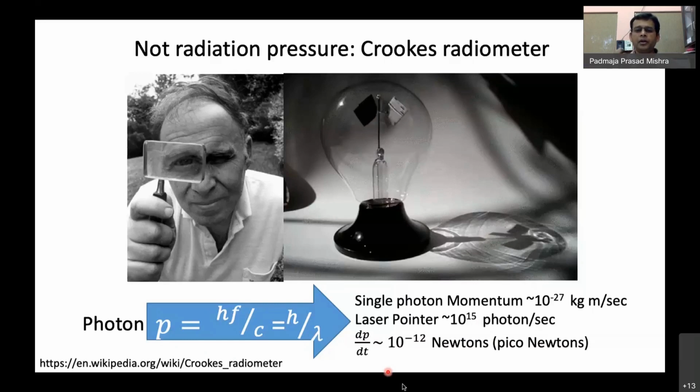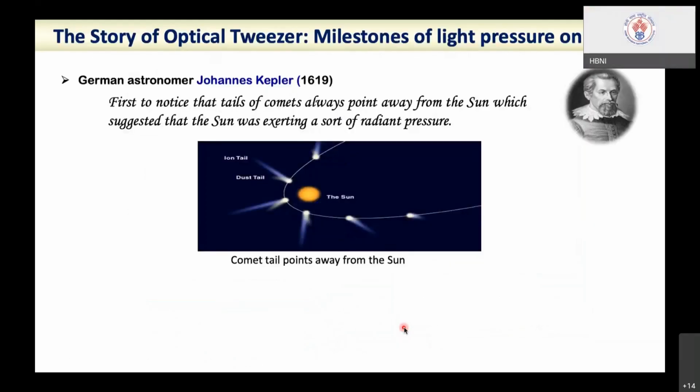But if you are a bacteria or a tiny particle, this radiative energy, this radiative force, is able to trap you. That's what Professor Arthur Ashkin explained. So the very first concept, though Professor Arthur Ashkin reported this concept of optical tweezers, light putting pressure on objects, in 1970,